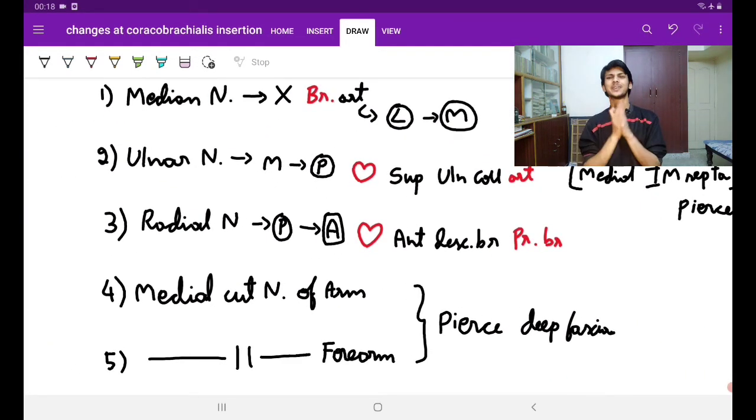Now there is the medial cutaneous nerve of arm and the medial cutaneous nerve of forearm. Two beautiful branches from the medial cord of brachial plexus, isn't it, guys? See, they both are coming from the deeper compartment, and see, it is a medial cutaneous nerve. Now, cutaneous is skin. Skin is superficial. Now these are the deep nerves, but they are supplying the skin, so they have to pierce the deep fascia and come here. Where do they pierce the deep fascia? They pierce the deep fascia at the level of insertion of coracobrachialis muscle.